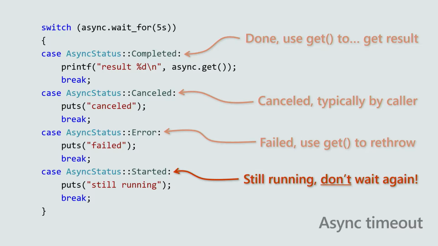And finally, the started state means that it's still running. The trick here is that you mustn't wait for it again. With a std::future, for example, you can stick it in a loop and just keep waiting. With the WinRT async pattern, its primary or only restriction is that you can only ever wait once. So at this point, you typically just discard the async operation, or you might want to poll it if you really want to see when it finishes, but you cannot wait again. So that's just something to keep in mind. Still a lot of new value in terms of being able to box that wait.